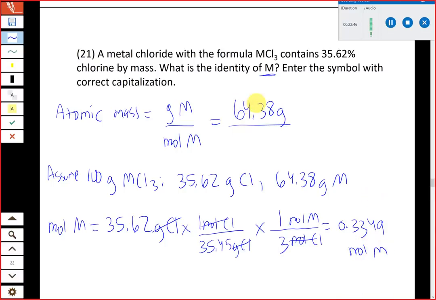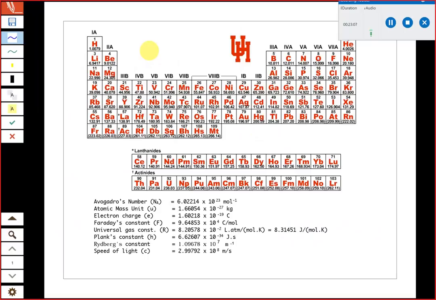And so we can divide the mass that we had earlier by that number, 0.3349. And what this ends up with is 192.2 grams per mole. And then what we're going to do is go to the periodic table, find that atomic mass, and figure out which element it's closest to. So if we go to the periodic table, we look for 192.2. They're going to be typically in increasing order. And so what we find is that matches up with atomic number 77, which is iridium, which has an atomic